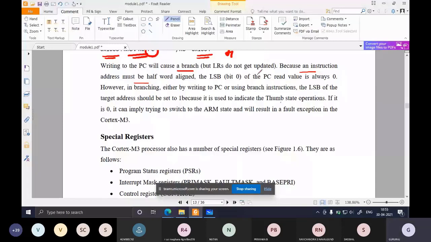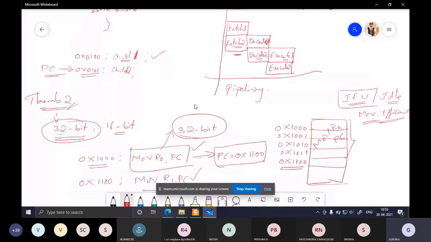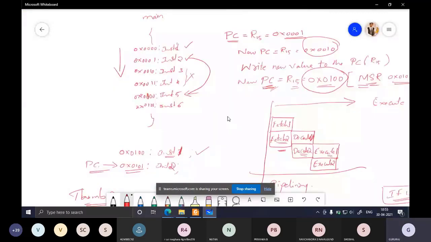But one more thing you have to see here: when writing to PC, LR will not be updated automatically. Okay, what do you mean by this? If you write to PC, LR, that is the link register, will not be updated. That means here, I'll go back to this instruction wherein you were executing instruction 2.